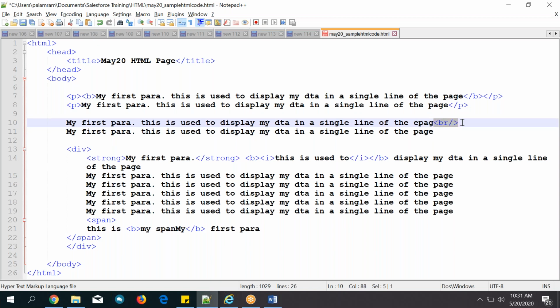Break tag. So I want to break something. That means you are hitting with some axe or with some hand, right? So break tag is also like that only. Just hitting. That's it. So the two statements will be split into two lines. That is the only use. Break tag's purpose is different, other tags' purposes are different. Got it? Okay, sir.